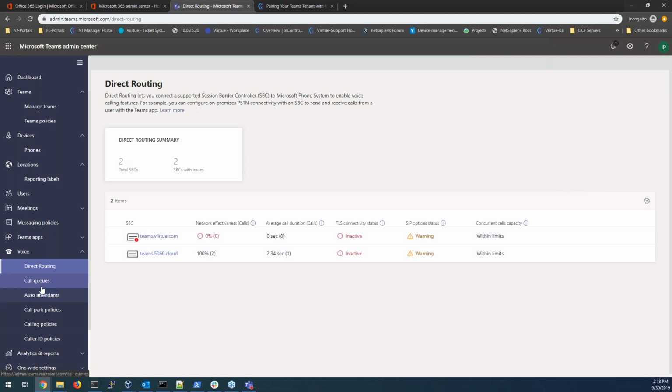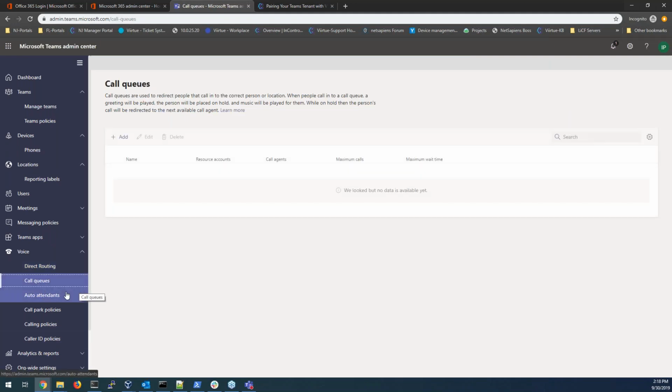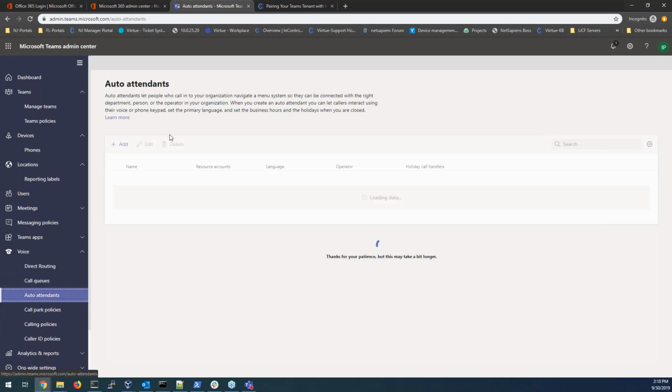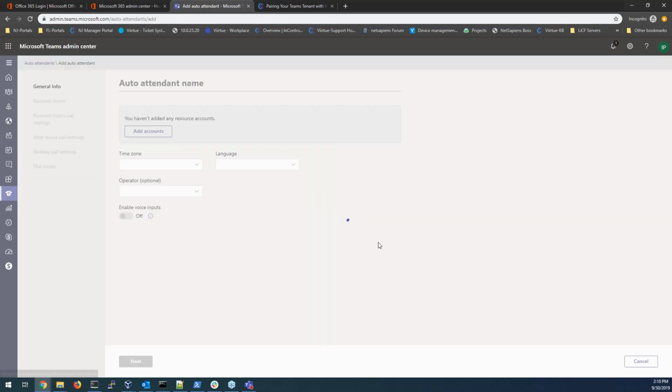It's just a warning. To set up call queues and auto attendance, the big thing that you need to know is that you have to have a resource account assigned to it, and then some licensing assigned to that resource account. The licensing that you need is free. It's like a cloud phone licensing that you can pick up from the admin center, and it should automatically assign the call queue and the auto attendance those necessary licenses. But if they don't, you can simply add them. Same thing with auto attendance. It's all added in here.